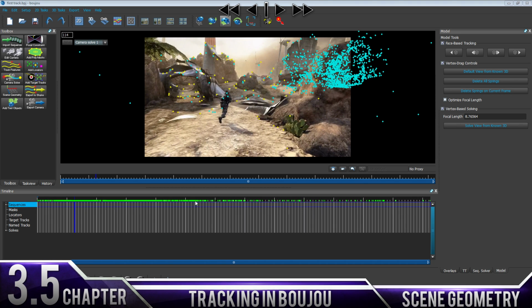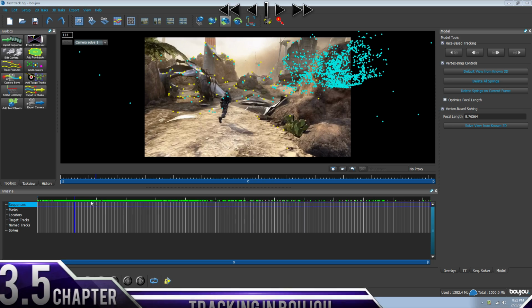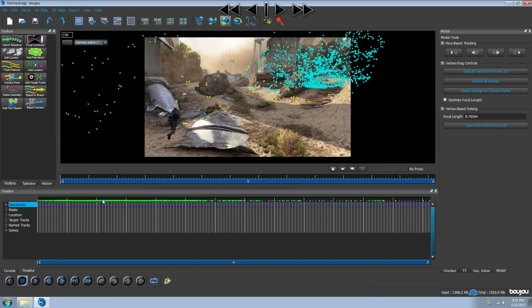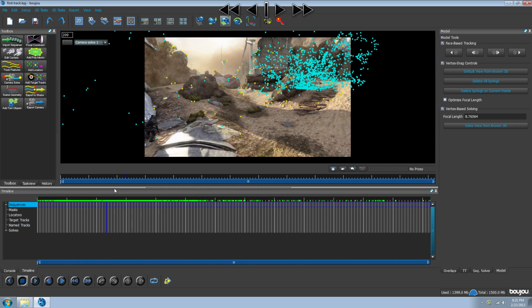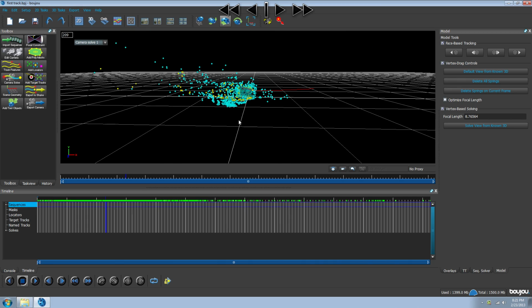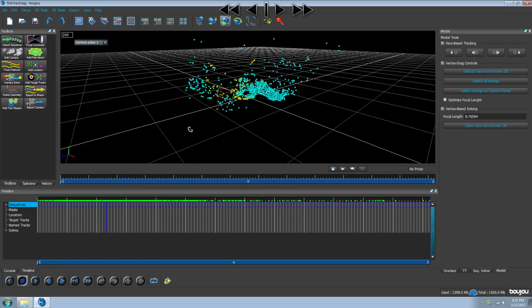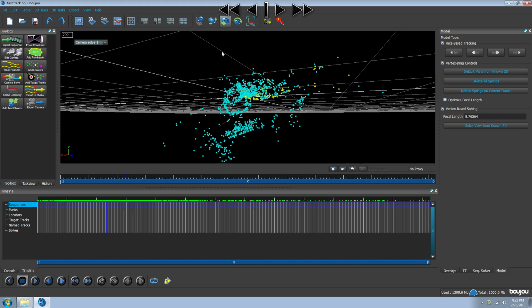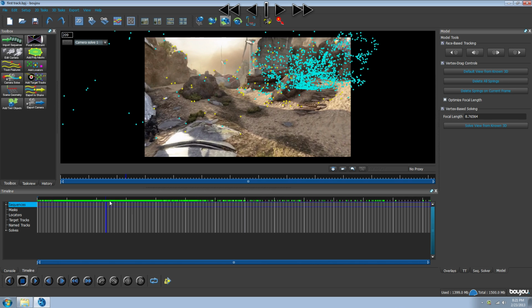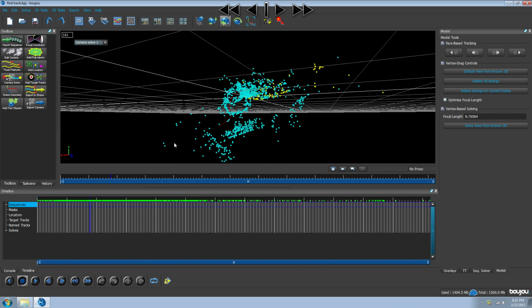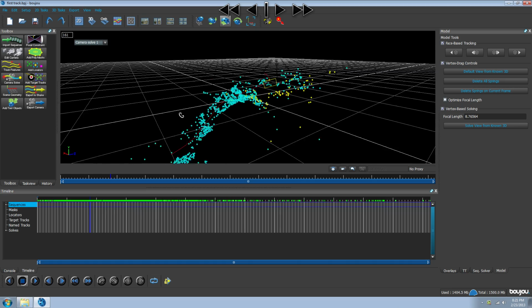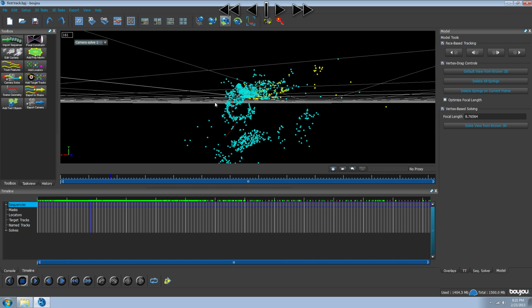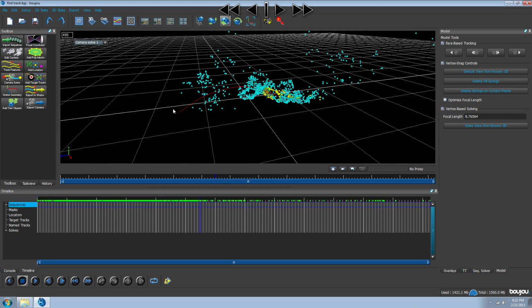So after it's done solving the camera, you'll notice all of these blue and yellow points in your cinematic that pretty much tell Boujou where everything is, and that all of these are objects in your cinematic and that all of them have depth. And you could see that by going into the 3D mode, where if you hold shift you can move the camera around and look around, and you could see the path that the camera takes, and each and every single blue point and yellow point are in the 2D mode, and it pretty much knows exactly where everything is, and it pretty much recreates a scene using points that you use to actually recognize the track. So as you can see, it goes through the entire scene, starting from, this is the start right here to